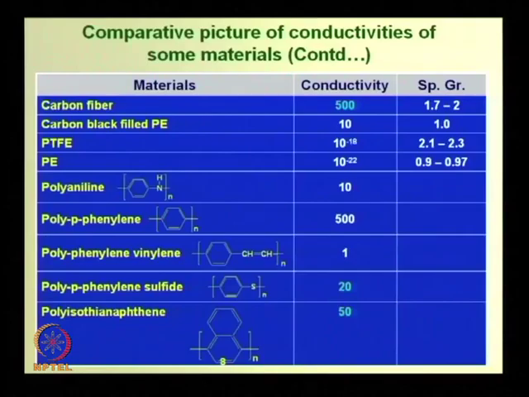Now, these are very easy to draw the formula on paper on board, but difficult to synthesize, because once these polymers are formed, it becomes insoluble and infusible. How to process? For example, you can try in your lab class. In my lab, aniline is available. In my lab, ammonium persulfate is available, APS. You take aniline, add few crystals of ammonium persulfate,